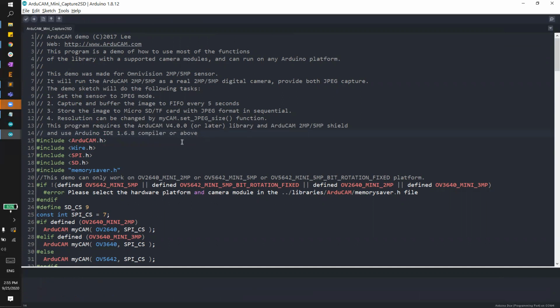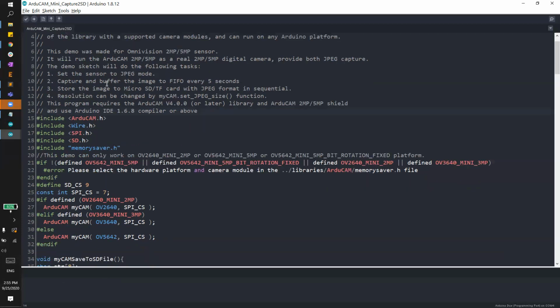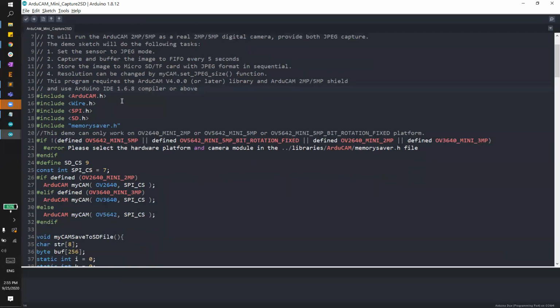And if there's an app or a website where you can practice C++, that would help you a lot. I would recommend more to just do small projects with Arduino, or big projects, whatever you want, because for me, that's really how I learned Arduino and coding in general, and it's really fun, and it's really awesome. Anyway, as you can see in this example that the ArduCam people provided, they include 1, 2,